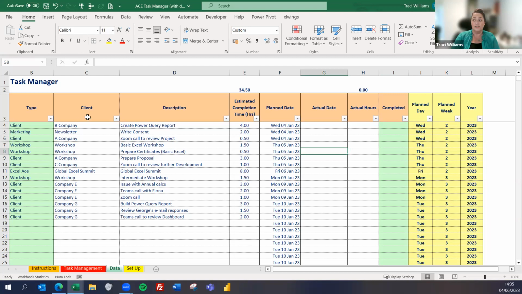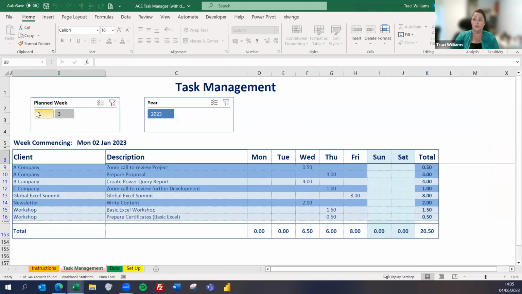And what this does is now going to summarize all of this. So if I go into this sheet, this now shows me I've selected week 2. It shows me a column for the client, a column for the description, and then every day of the week. And it shows me how many hours I'm going to need on Wednesday, 6.5, 6 hours assigned on Thursday, 8